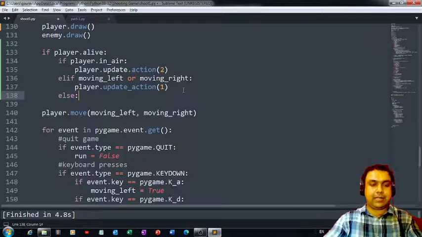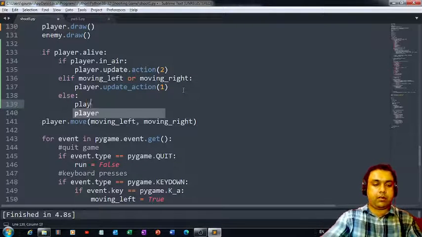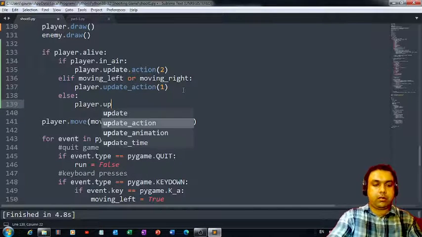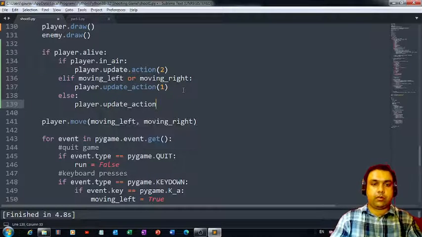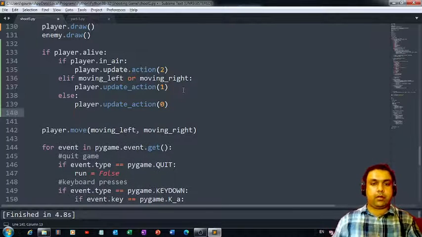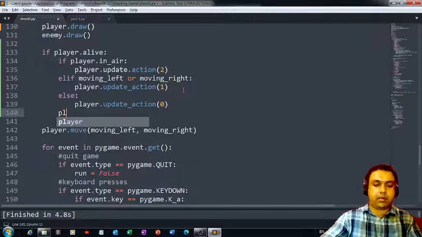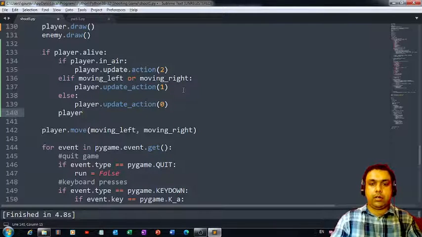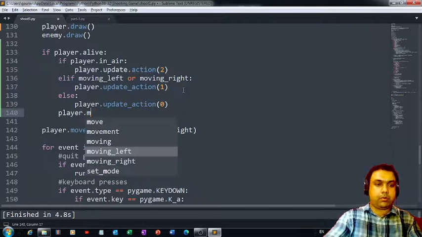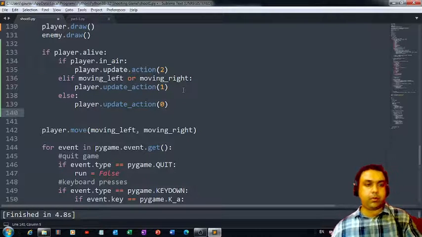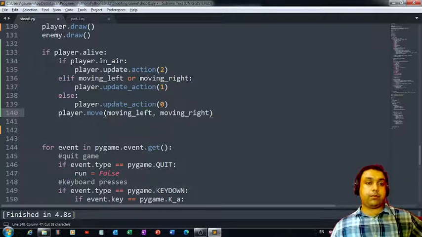Otherwise, else what should happen? Player dot update action should be 0. The player should remain idle. Okay, and then we can ask the player to, okay, what we can do, we can simply cut this line of code and we can put it here, because we have to